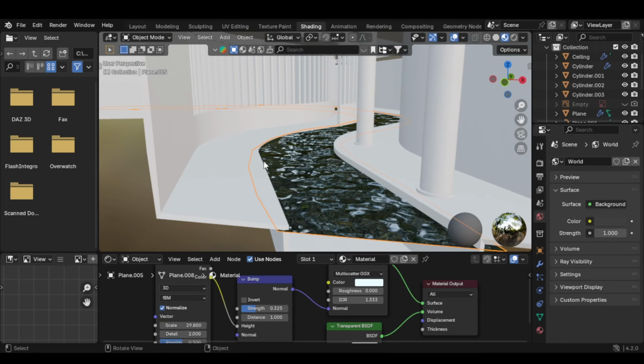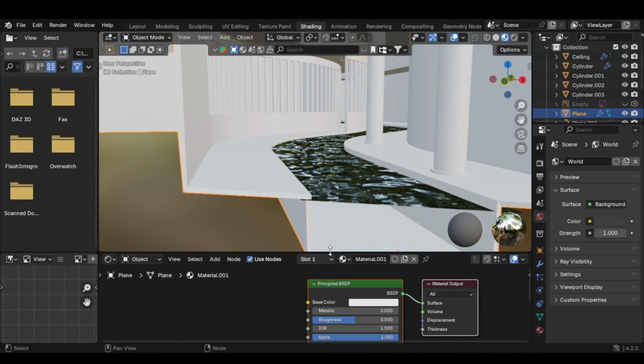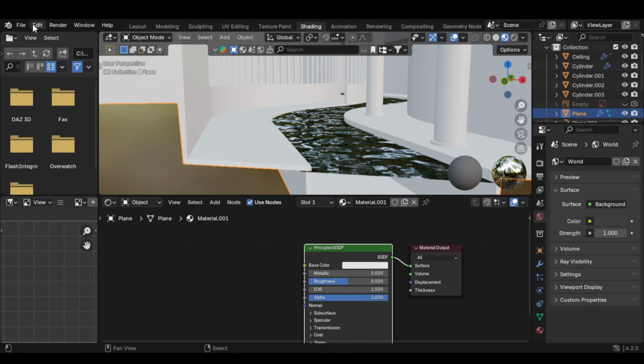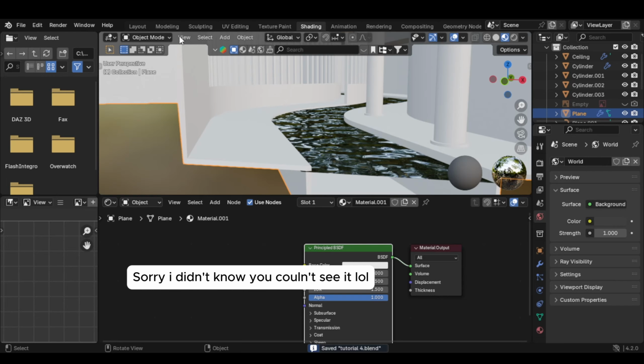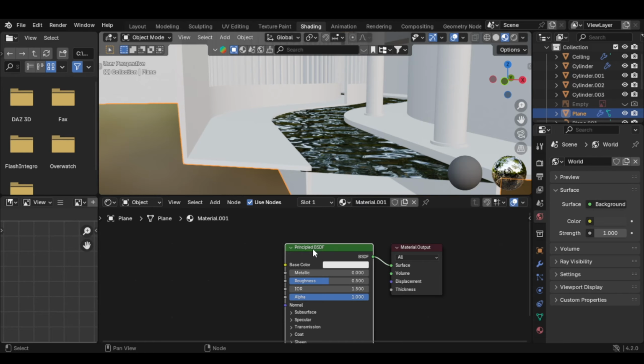And now let's go to the tiles. So here, click the building, press new. And then what you're gonna do is go to edit, preferences, and go to add-ons and search for Node Wrangler. You don't have to download it, it's already in Blender, so just click this and go to save preferences. And what you're gonna do is press the principled BSDF and press Ctrl, Shift and T,